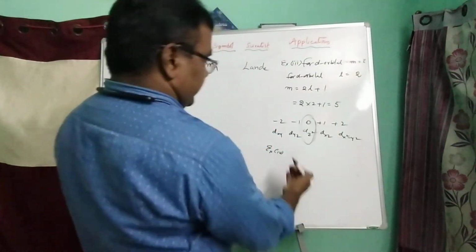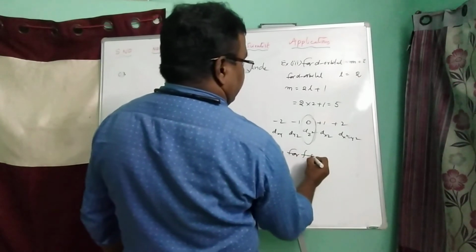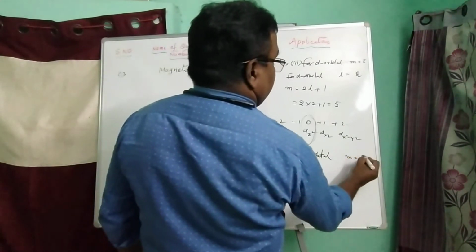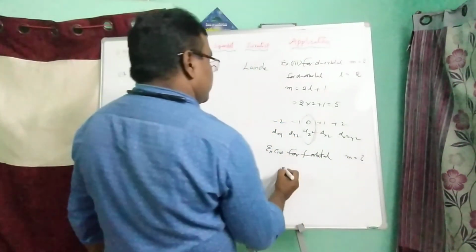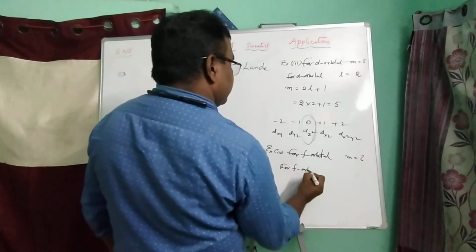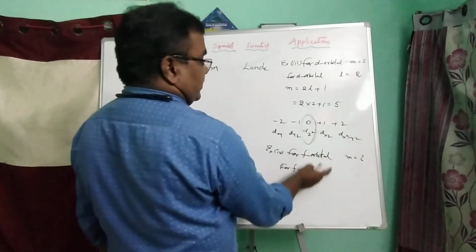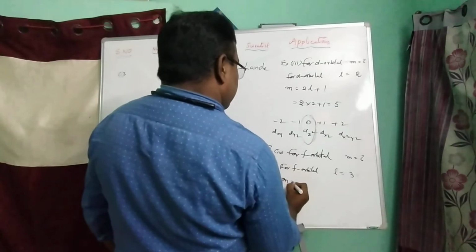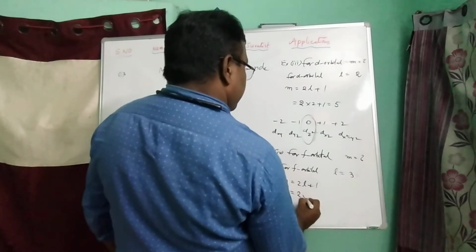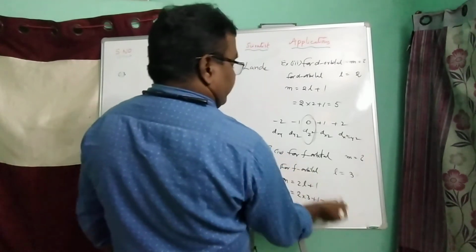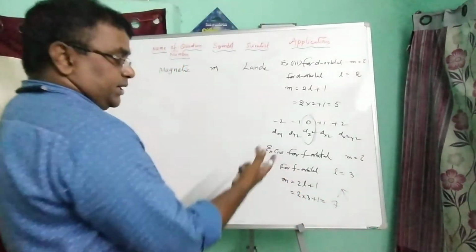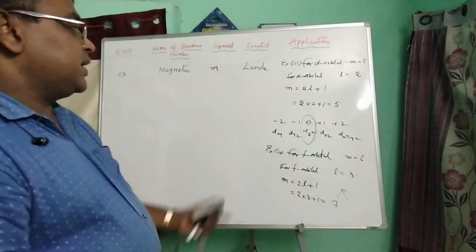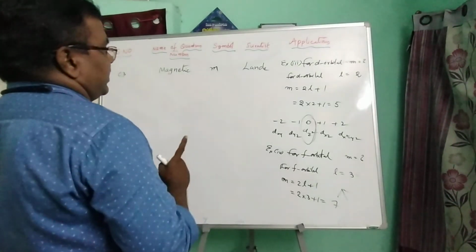So simply we can answer why d orbital splits as 5 types, because its m value is equal to 5. Example 4, for f orbital, it has a complicated structure. What is the m value? For f orbital, L is equal to 3. Therefore, m is equal to 2L plus 1, 2 into 3 plus 1, that is 7. So f orbital splits into 7 types. Why does f orbital have 7 degenerate orbitals? Because its m value is equal to 7. Why does s orbital have no degenerate orbitals? Because for s orbital, m value is equal to 1.